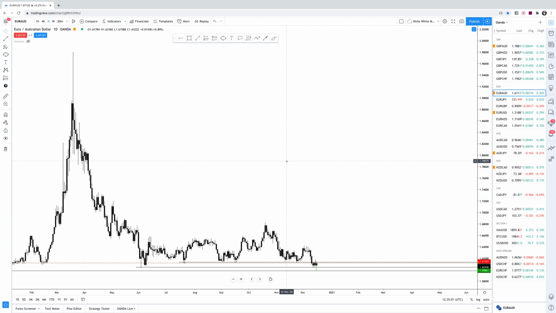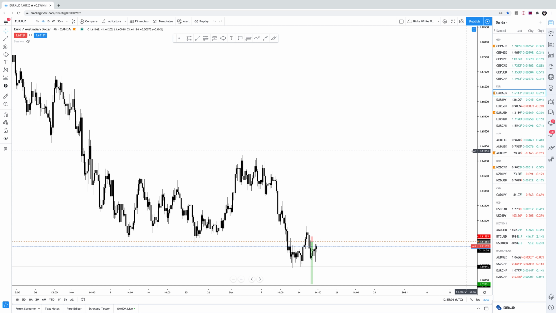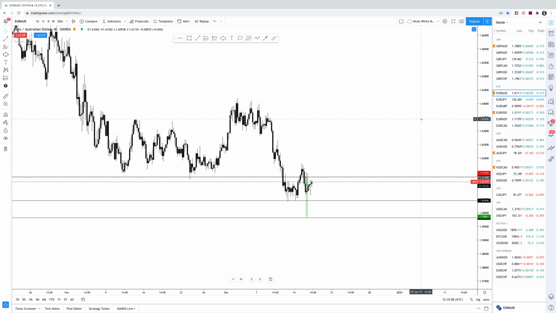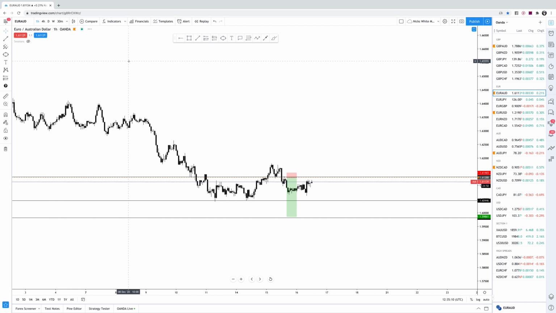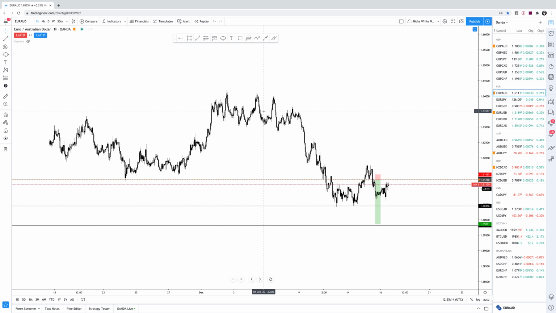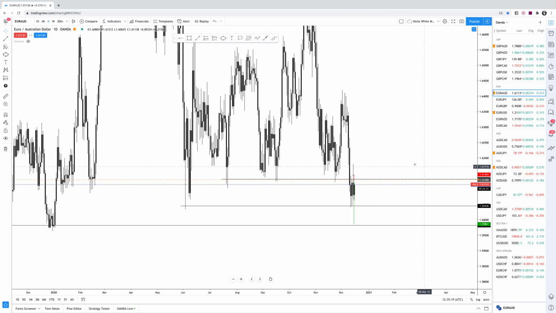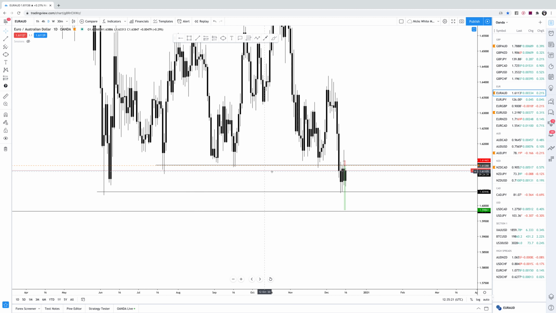So Euro AUD was an interesting one. I wanted to take some sells on this yesterday, and in fact, I still might look to do so. I shared this on a live session with Mission FX students yesterday. Essentially, it's like a daily break and retest of this zone. If you go to the daily and you look at what price is doing right here, price has just broken the lows, came down below, came up, retested it with